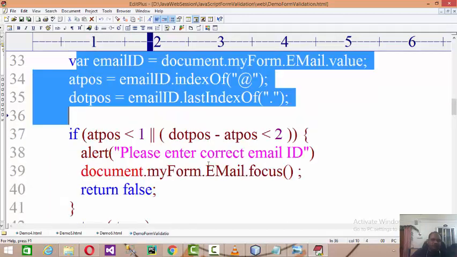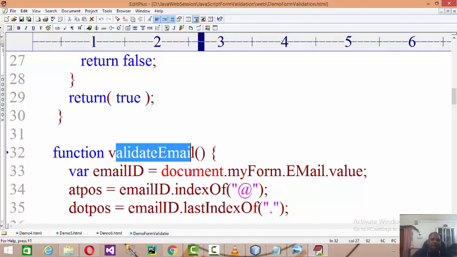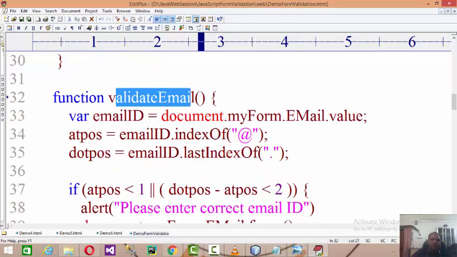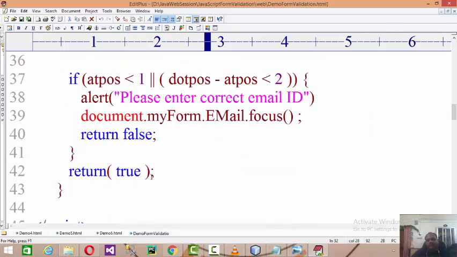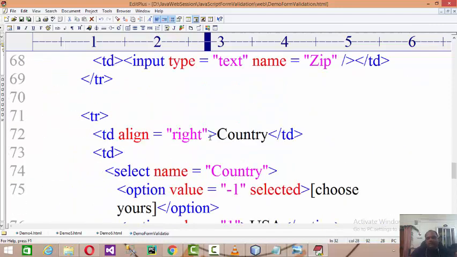And if you need to validate the email ID given in the text field, then you give a call to this particular function, and if it is correct then return true, otherwise return false, right? So I tried to perform all the possible validations we need to perform before actually posting data to the server.